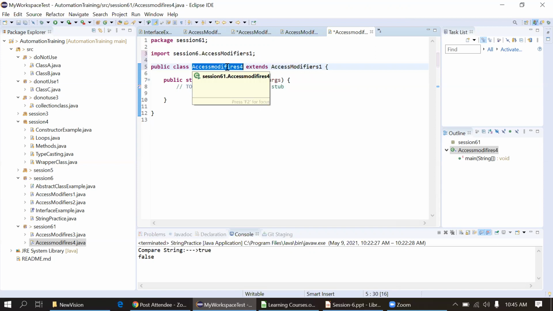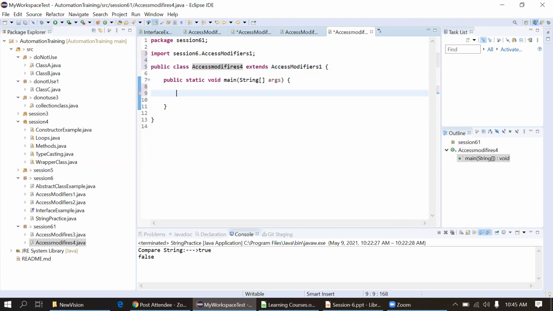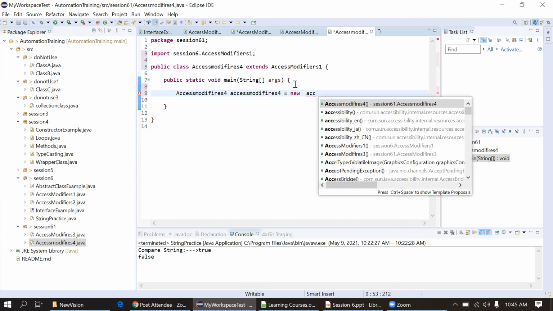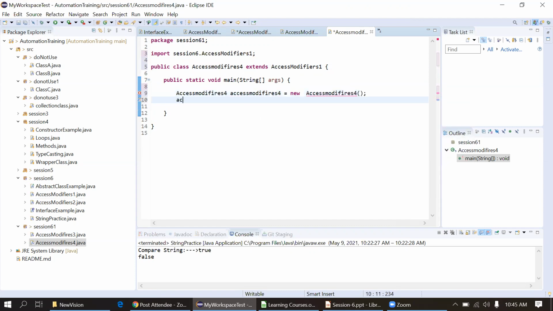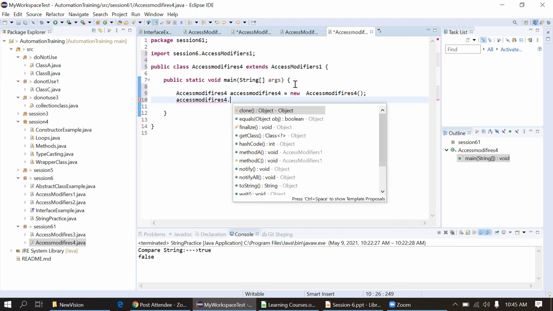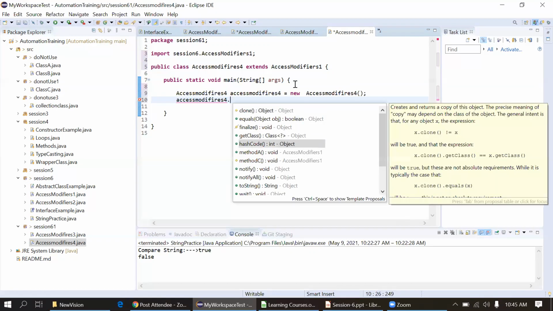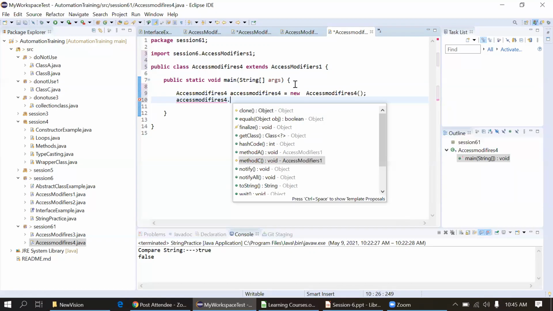Okay. So I will create an object of this class only, access modifier 4. I will not create an object of access modifier 1 now. Now you can see we are able to access this method and method C. Method A is public, of course it's accessible everywhere.